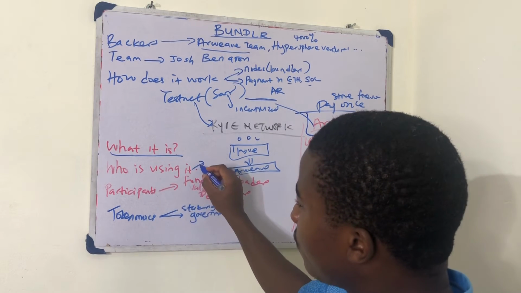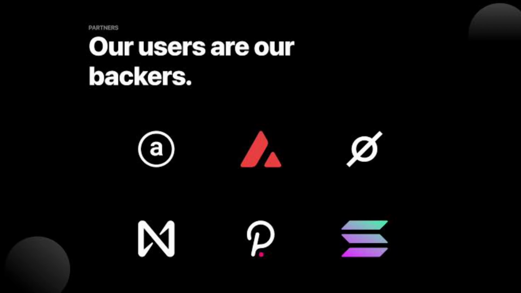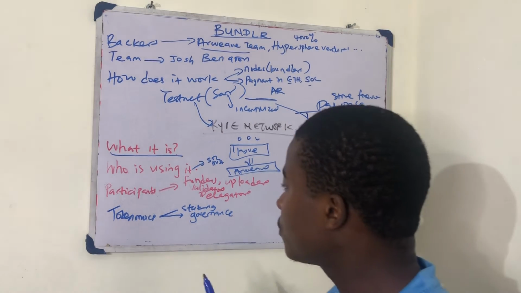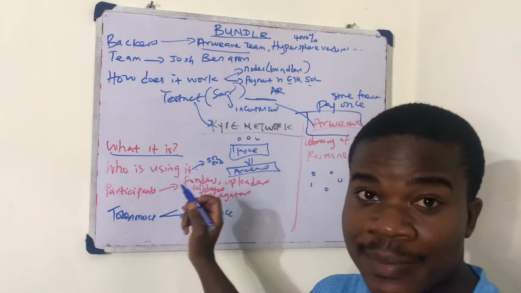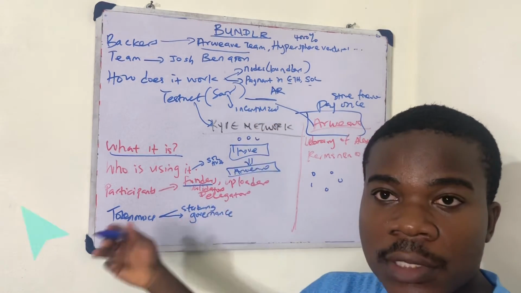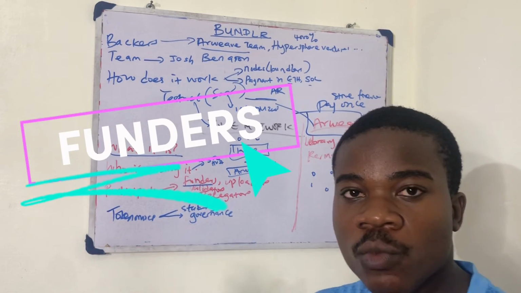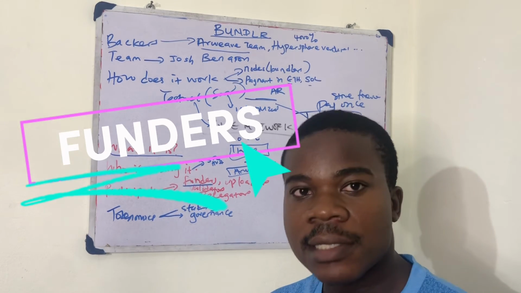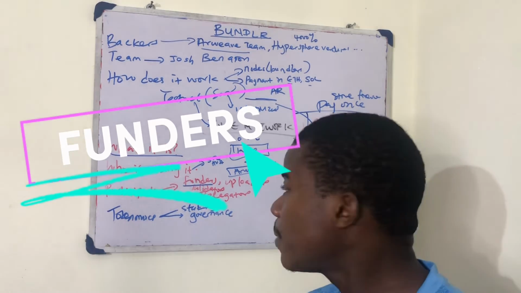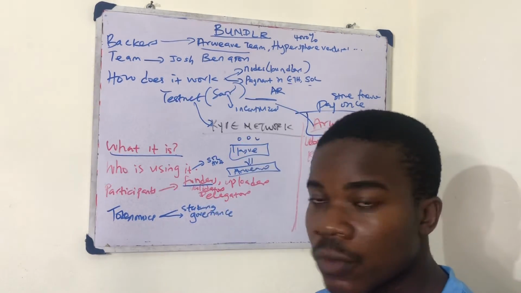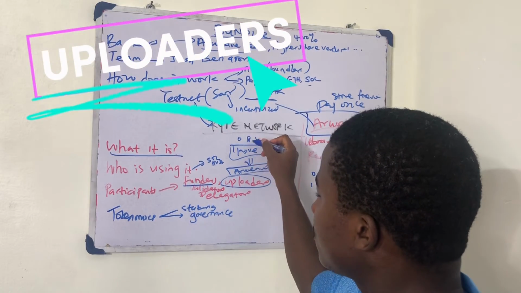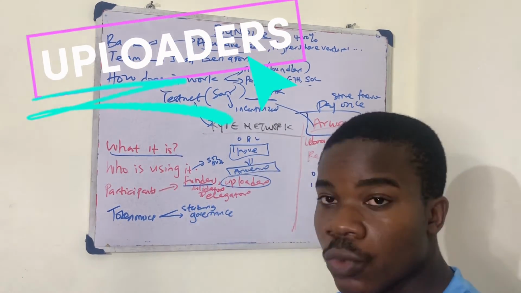Who is using it? We have many blockchains. We have Solana, Avalanche, Near Protocol, Moonbeam, and a host of others using this project. So who are the participants in the network? We have funders. Funders are the ones who will put their token where their mouth is and say, okay, we want to index a particular kind of data, but indexers cannot go ahead with it, right? So you have to drop something. Funders are the ones who initiate that kind of move. Uploaders are the ones who take this data from the data source and then put it on the Kyve network.